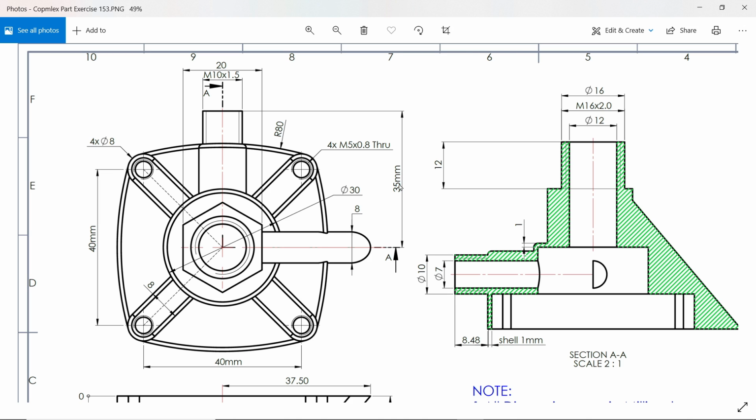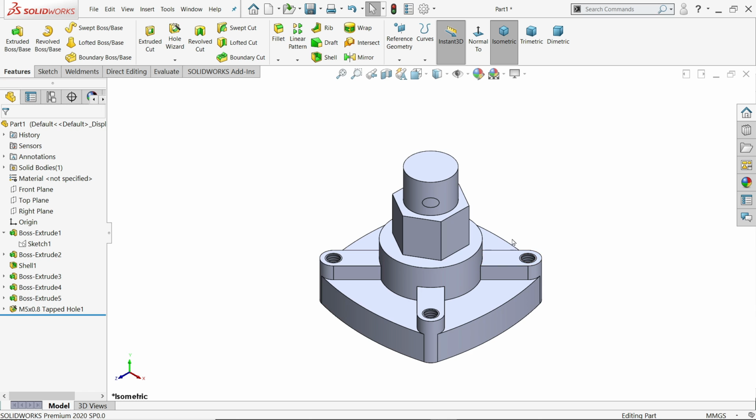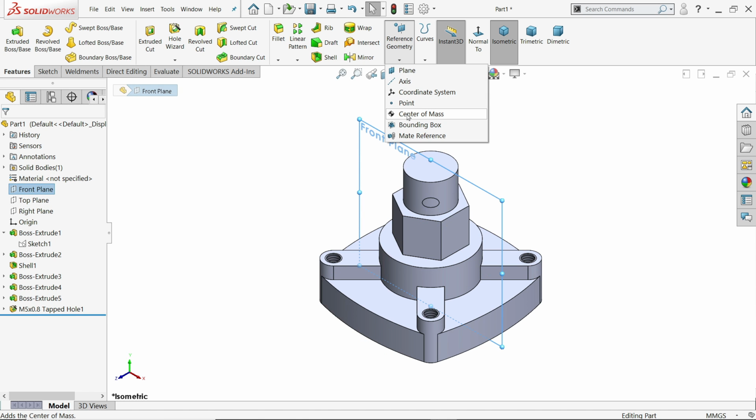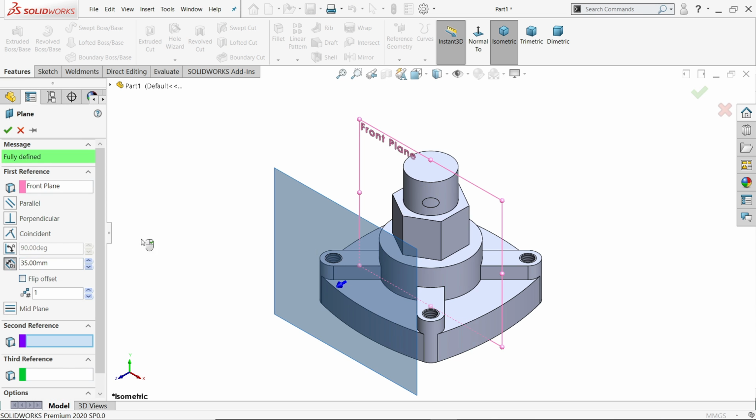So first we have to make the 35. This is a little complicated to make because, you will see, this is a curve, so you have to extrude from here to here. Let's see how. We will do it in 2 steps. R6, remember these dimensions. So front plane, activate plane, and 35 distance.